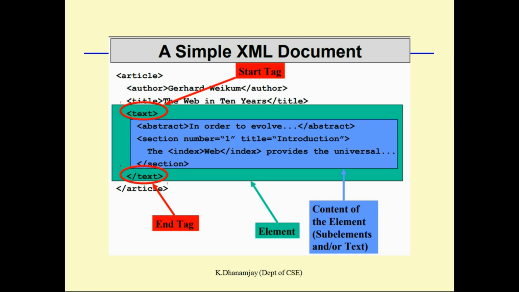But while writing an XML program, what are the rules you have to follow? That thing I'll discuss now. If you want to write an XML document, the first thing is that every XML program should have one root element. Here the root element is article. One more tag is called author, which starts here and ends here. This is a child element, you can call it a child. Here also a child element.